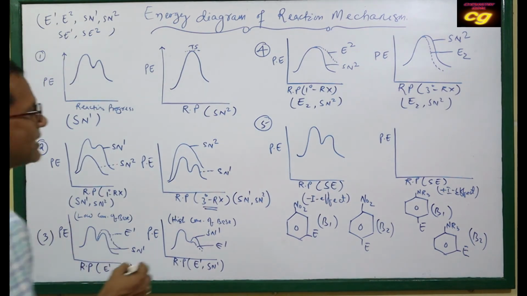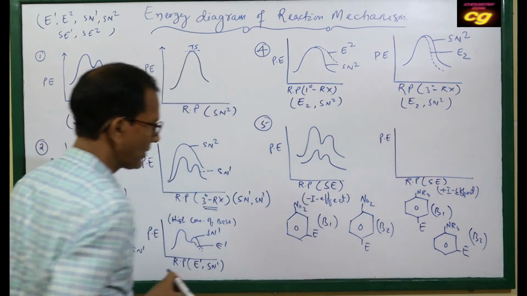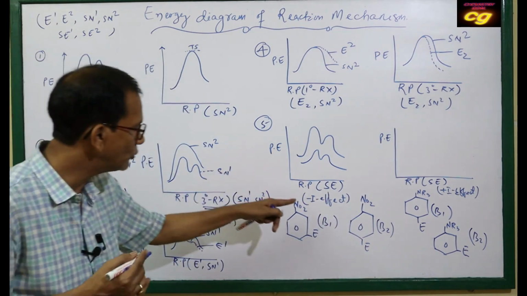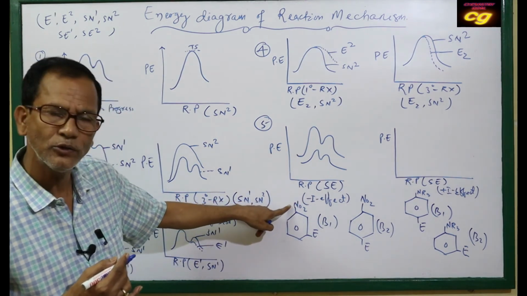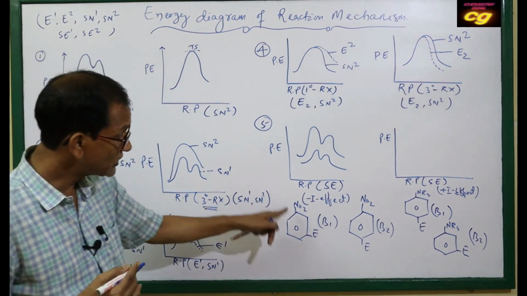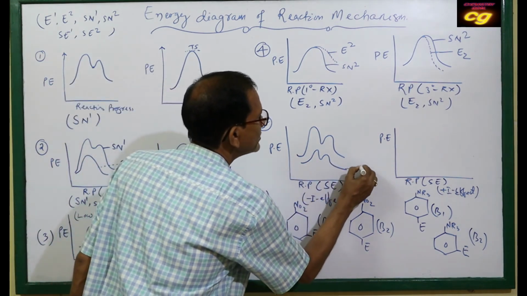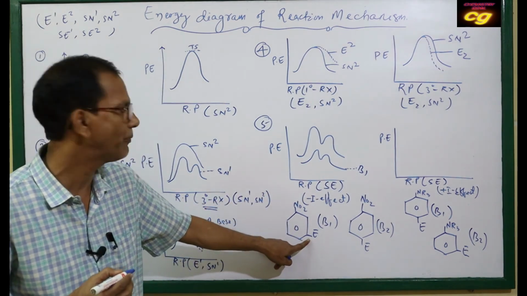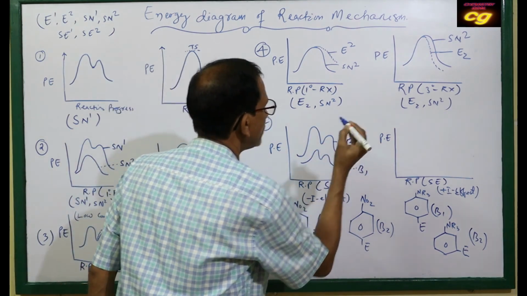This is your diagram. Another case, if you draw the first step and second step, you will identify which is B1 and which is B2. I will tell you, B1 is faster because the nitro group is a minus I group. Next, substitution of benzene takes place at the meta position. So which is faster? B1 is faster because it is meta substitution. So this is your B1. This is the B1 diagram because it is faster, and the meta substituted product will be formed. B2 will be slower. So this is B2, this is your B2 mechanism.